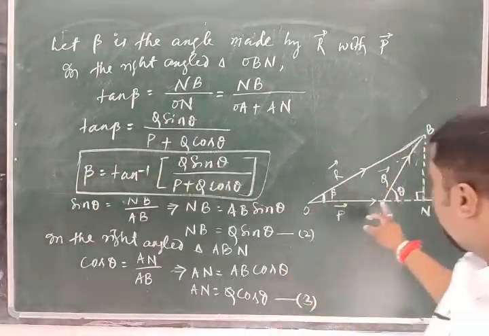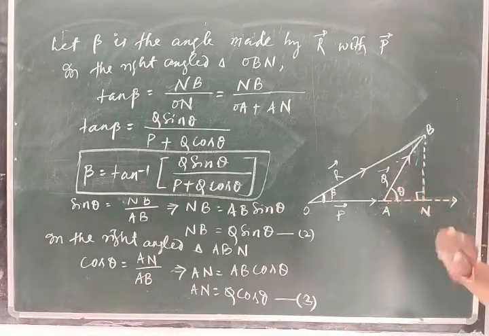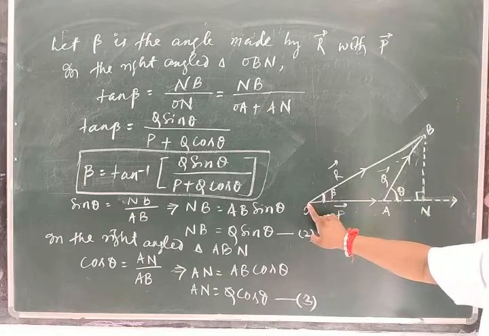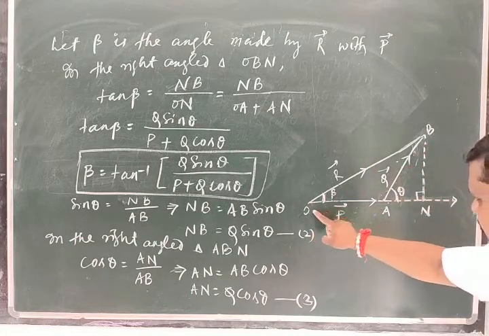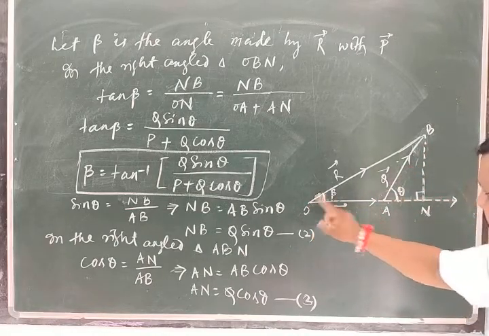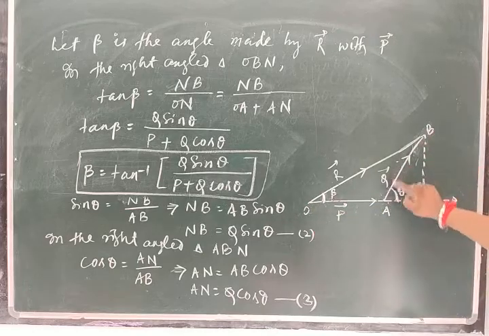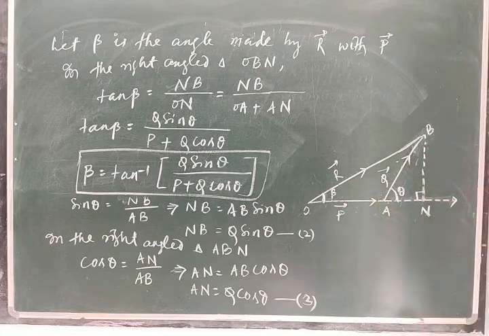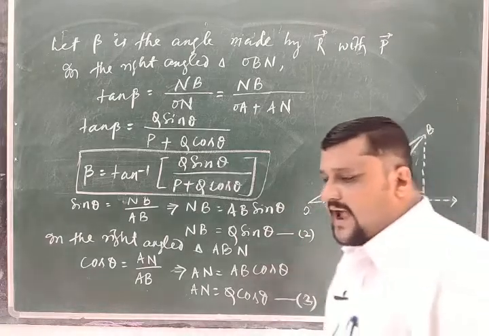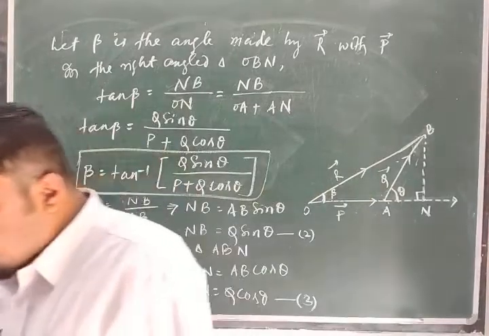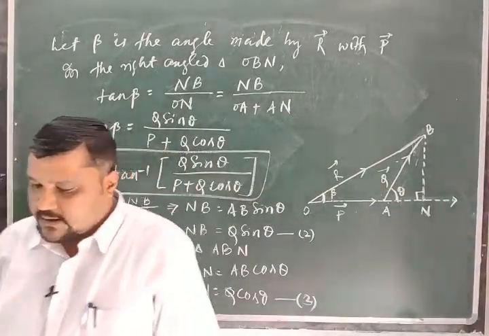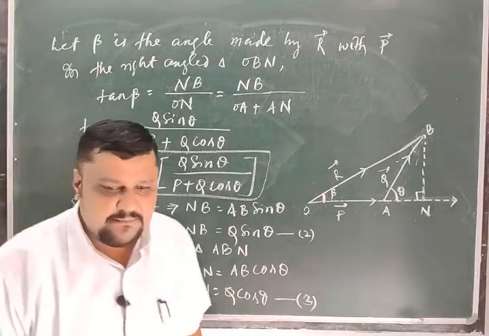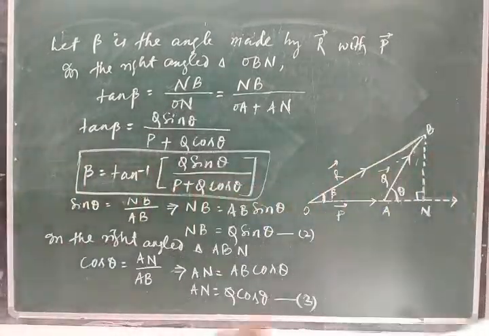but in the triangle law, the two vectors are not acting on the same point, because the P vector we can start at the starting point O, whereas the Q vector, which is AB, has its starting point at A. Both are not at the same point. But the parallelogram law is used to find the resultant of two vectors acting at the same point at a certain angle with each other.